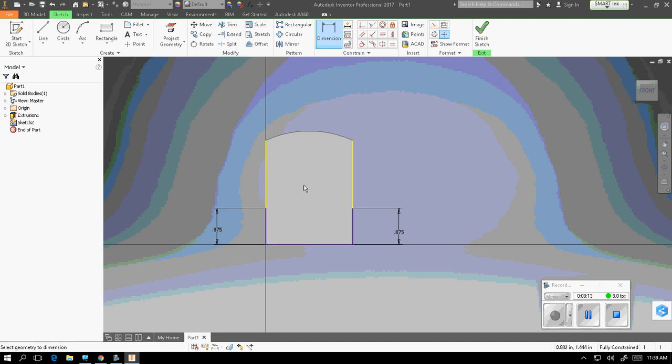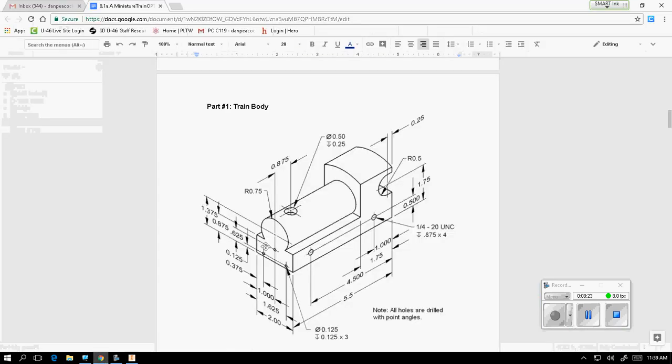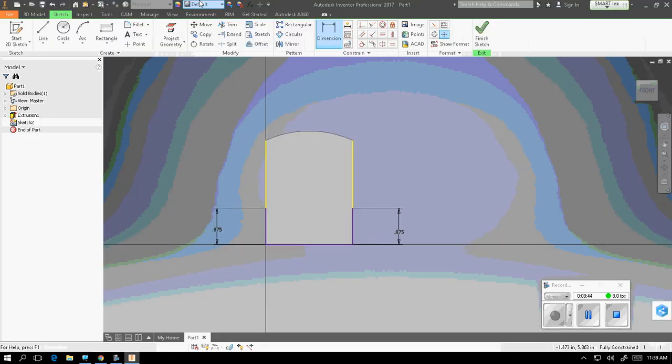Now we have to put the circle in the middle, and then we have to add a couple lines here, and we're going to have to trim off this bottom piece, kind of just like we did with this circle up here. So when we go back to our print, we want to make this circle. It shows that these extension lines coming out have dimension lines that go from the center of this circle 1.375, and we have a radius of 0.75 circle, which means we're going to make the diameter of that circle 1.5. So I want to make a circle,